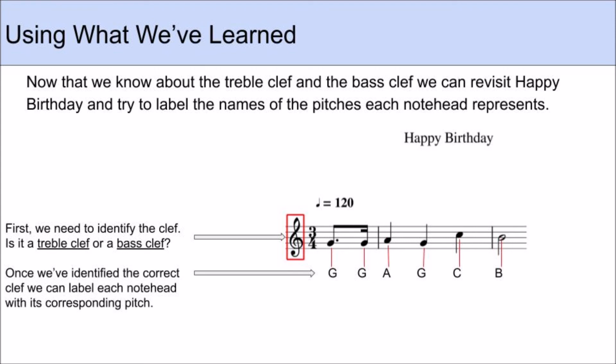Now that we've identified the clef, we can go to our first notehead and see that it is on the second line of the staff, which tells us that this is the pitch G. The following notehead is on the same line, so that is also G. The third notehead is on the second space, and so following the alphabet, we have to restart after the pitch G, so the third notehead on the second space is A. Then it goes back down to the second line, which is G,